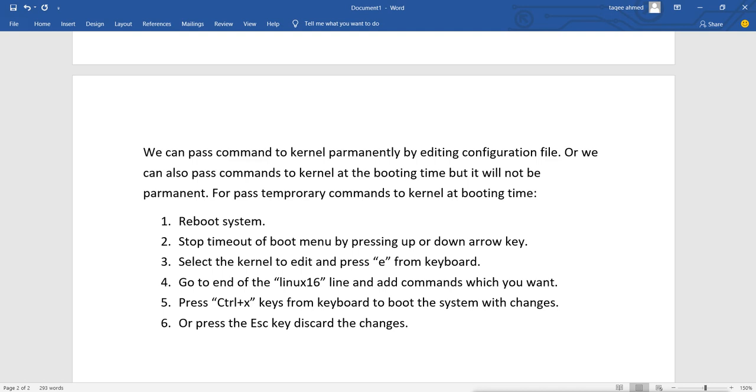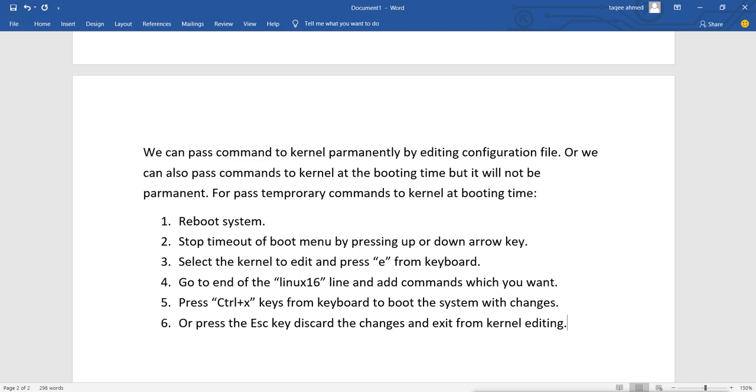So if you don't want to save the changes, you want to discard the changes, then you can press escape to discard the changes and exit from kernel editing, and then you can boot normally.